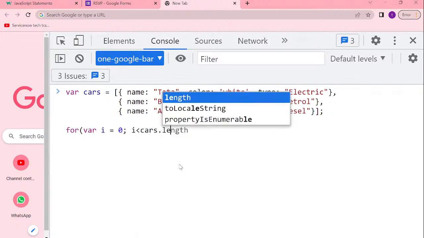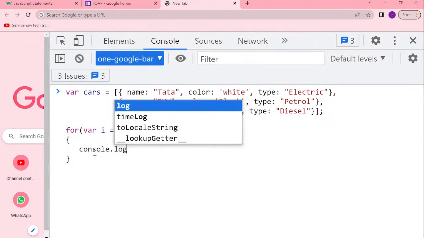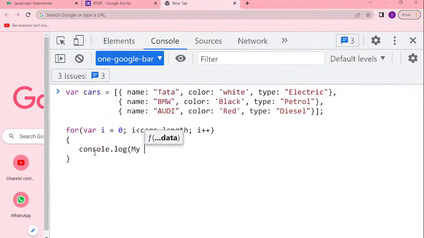Till there you need to iterate, and then you need to increase one after the other. Right? So in this, what you need to do, my first car is, console dot log, my first car is,